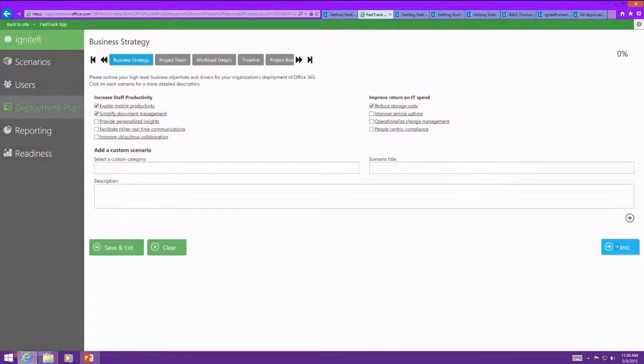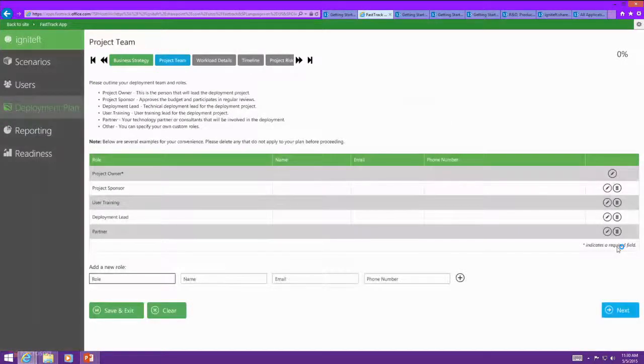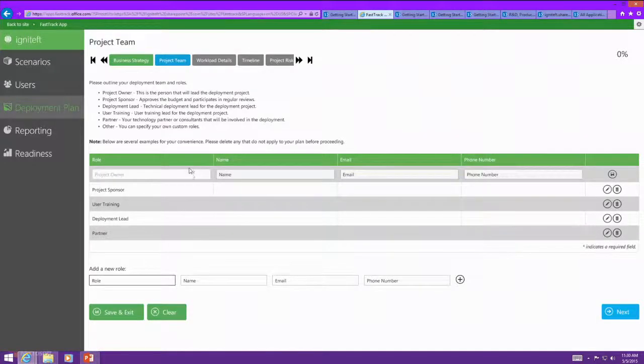So we'll go through this tool. We'll outline who our project team is. And here are the sorts of people that we generally like to capture in this deployment plan. The project owner is really the only mandatory one here. We pre-populate you with all these others, though, as well. And while he's typing that, a couple of the key pieces is this deployment plan is for you, but